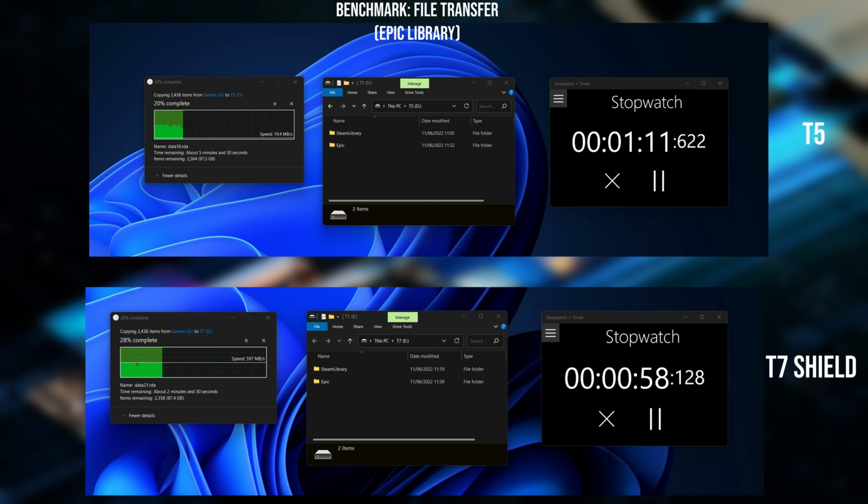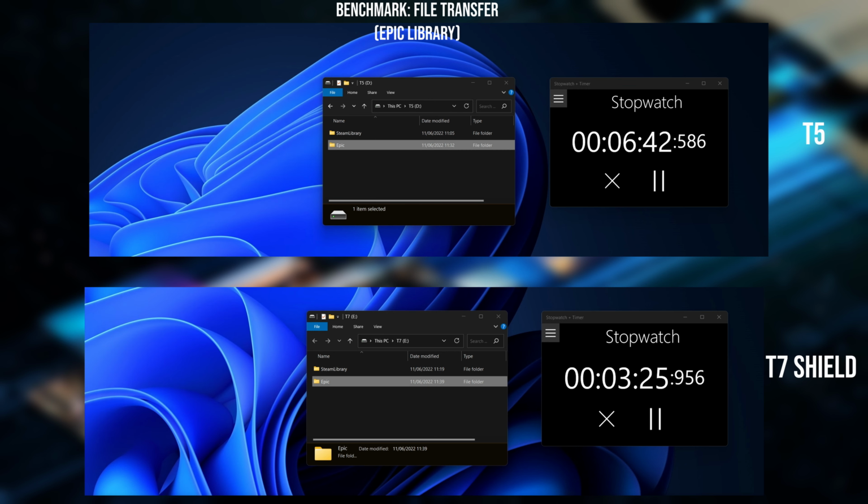I've also copied over my Epic library and found it was almost twice as fast. This is partially because our T5 drive is 500 GB in size, so it's slowing down due to still having the Steam library on it and not having enough storage space for caching, as well as T7 just being that much faster. So it is clear this SSD has plenty of performance and a bunch of utility, but that does come